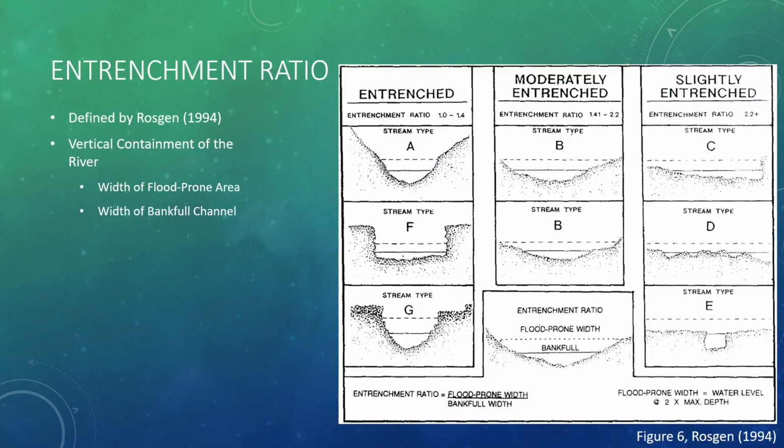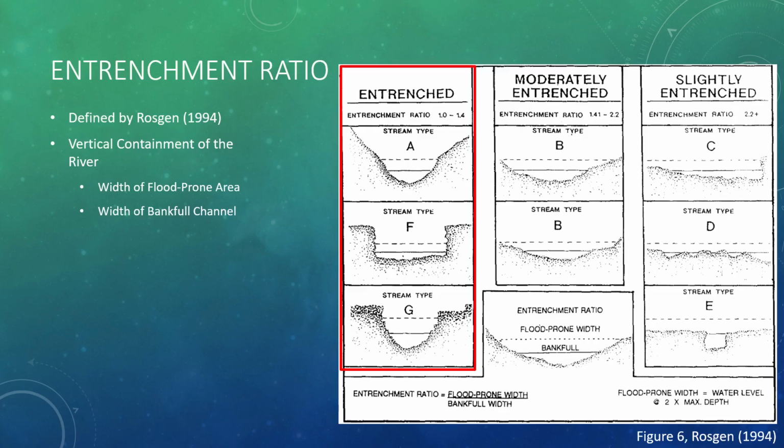Now, looking back at this diagram from Rosgen, we can think of this ratio as a proxy for how regularly the land adjacent to the channel is inundated with water, where the slightly entrenched streams, denoted by higher values, represent streams that are more regularly connected to the surrounding land. Translates to they would likely flood more. And the entrenched streams, denoted by the lower numbers, represent streams that are more incised and confined with less connection